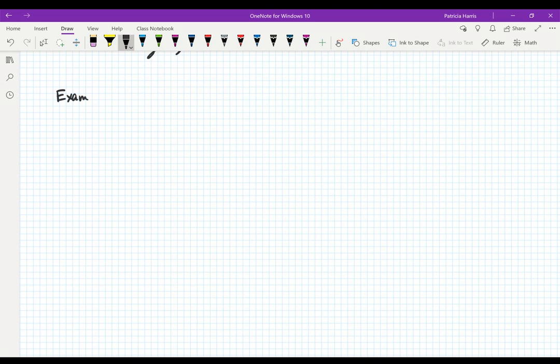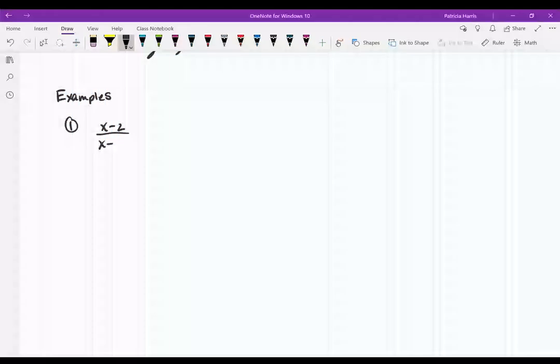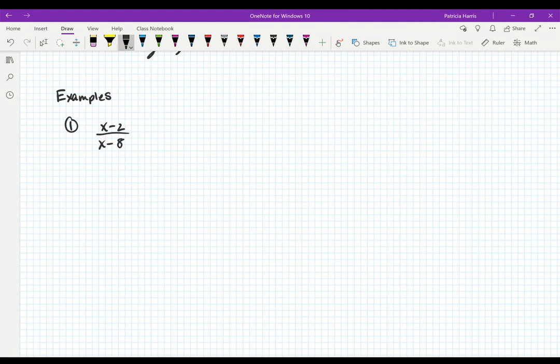Okay, again, we're going to do a couple of videos. We'll start up simple and then we'll go more complicated. Okay, so first we're going to look for our critical points. So the first one I want to deal with is the one that makes the numerator 0. So what I do